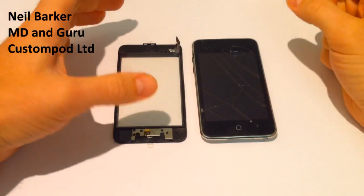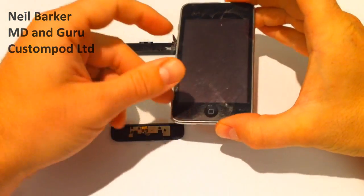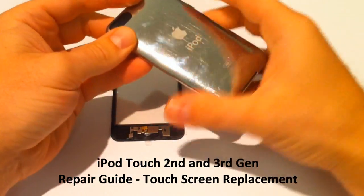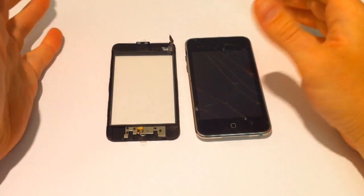Hi there, it's Neil Barker at Custom Pod Limited, and today I'm going to show you how we're going to replace a smashed digitizer assembly on an iPod 2nd Gen Touch. It's the same method for the 3rd Gen Touch, and you can get the parts from our site